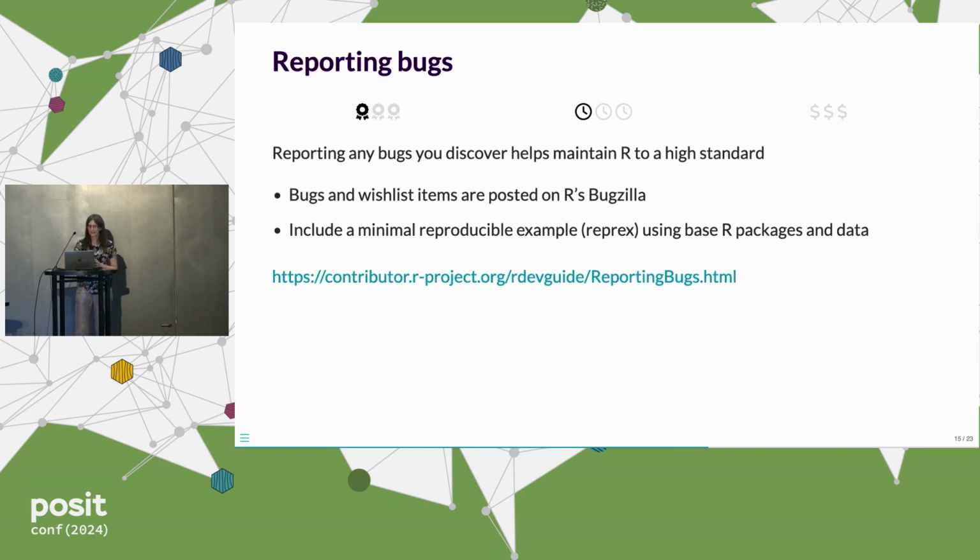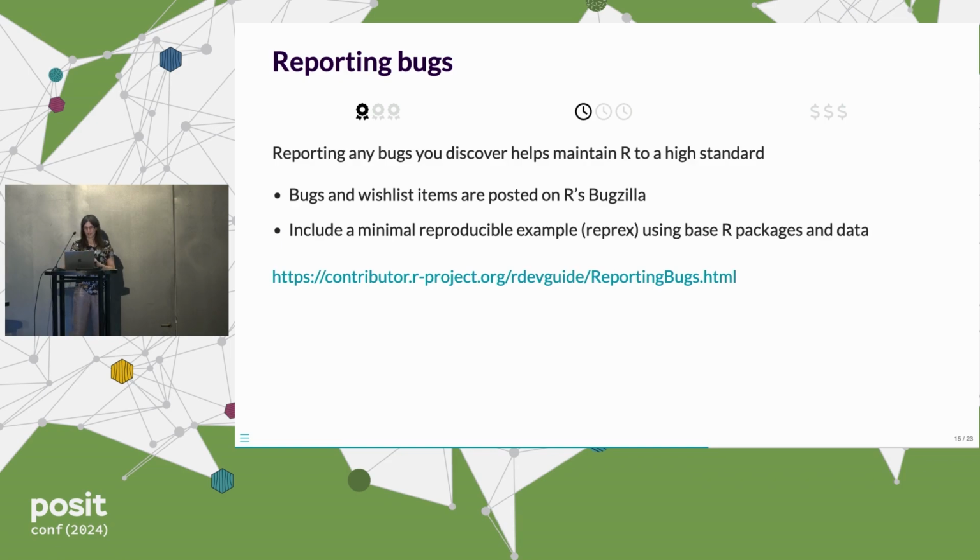But it's not too late to report issues, of course, after the release. And it's really helpful for anybody to report any issue you find on the bug tracker to help maintain R to a high standard. So both bug reports and wishlist items, feature requests, can be posted on R's Bugzilla. And it's really helpful if you're reporting a bug to include a minimal reproducible example, which many of you will be familiar with. But in R, it's particularly helpful to restrict yourself to the base R packages and data, so it's clear that it really is an issue with base R, and it can be easily reproduced without any